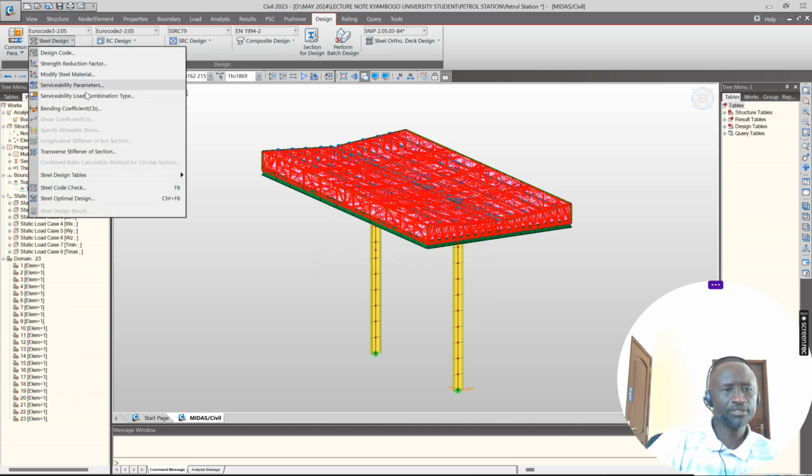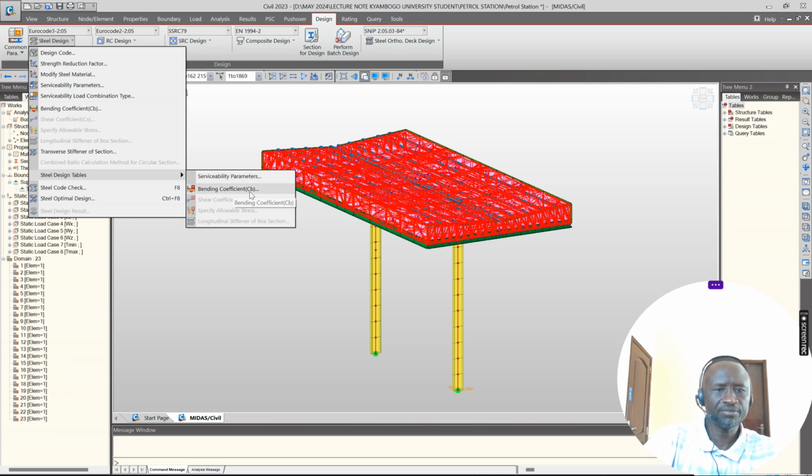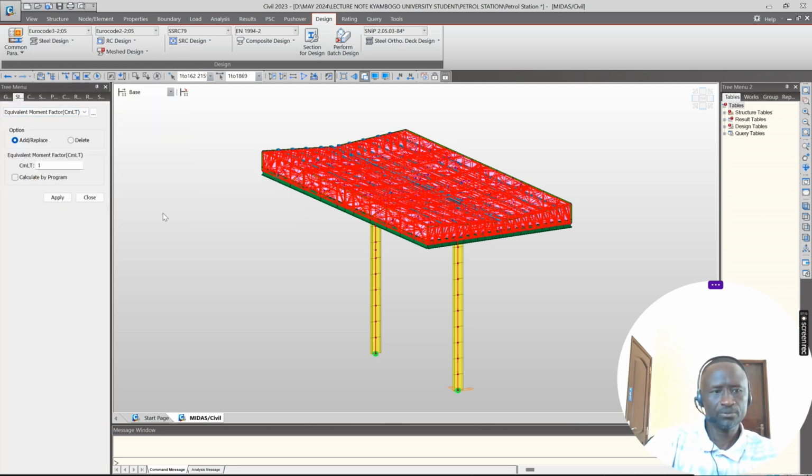Then I think this is the most critical one, the serviceability limit, and then this transverse stiffener. If it is a beam girder for bridges where it requires stiffeners and the rest of it, you should be able to specify. Then the steel design table, this one we have already done. The bending coefficient, we can look at it in detail. They have given us 1, but we also need to calculate by program. If you say calculate by program, then it should be able to do that. So we can leave it as per the